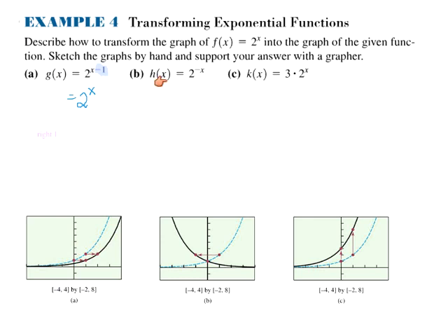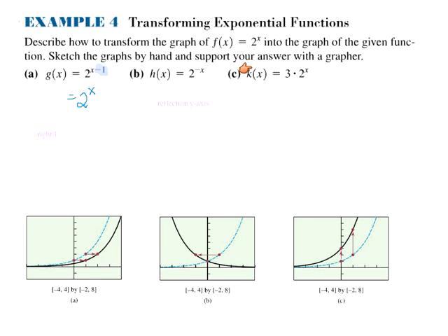All right, let's see what's happening in part B. Notice you have a negative x. So the negative is affecting just your variable. What type of transformation is occurring there? Negatives are always a sign of a reflection. You just need to figure out, is it a reflection in the x-axis or the y? In this case, it is the y-axis because it's affecting just the variable and not the entire equation.